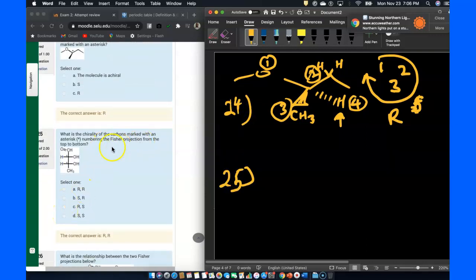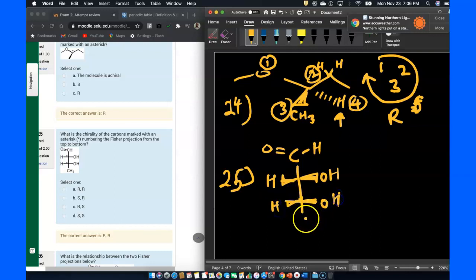What is the chirality of the carbons marked with an asterisk? So this is assigning chirality on Fischer. Remember I said any horizontal line is going to be towards you. So let's assign the top one. I told you we always read it from the top. Let's assign the top one. Okay, so